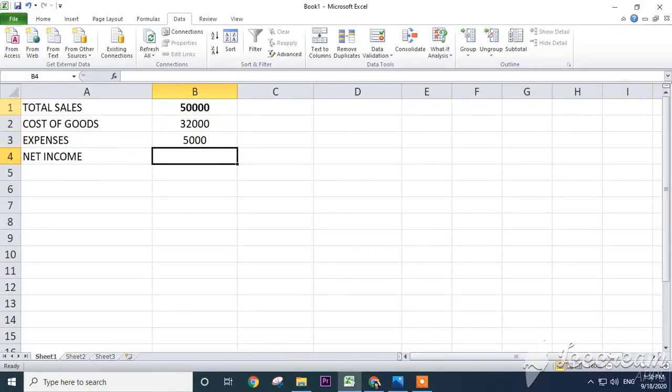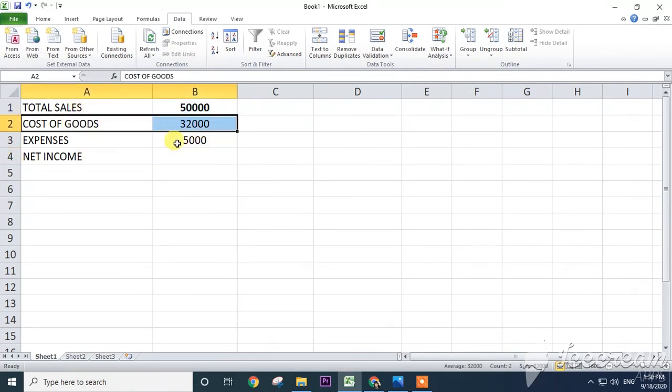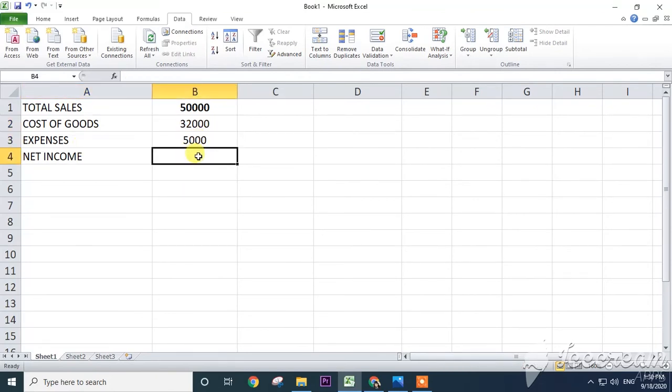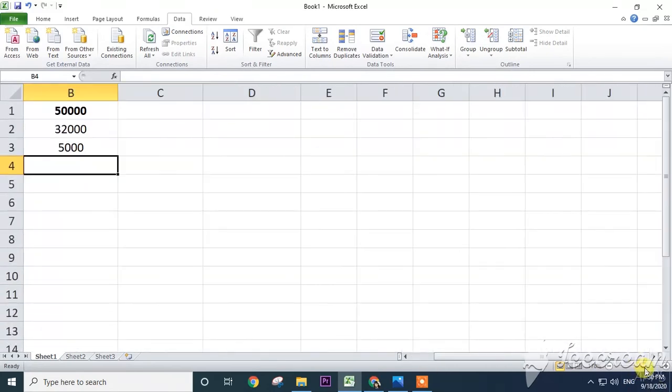Look here. Now see, I typed here total sales 50,000, total cost of goods is 32,000, and expenses are 5,000. Now how much net income am I getting here? So I will write the formula, equal to, I am just increasing the size.